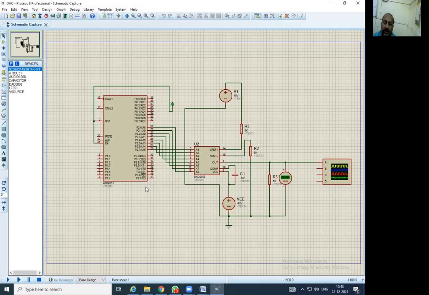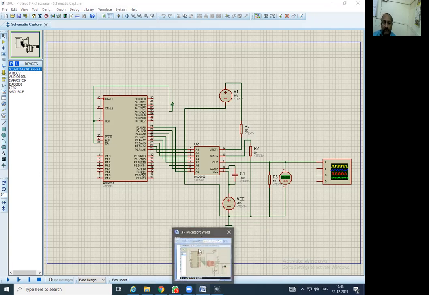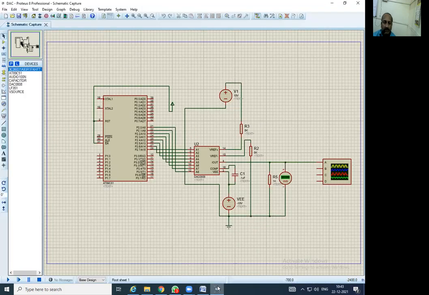Yes, it is here. So this is the simplest way of making the implementation of DAC. The connection is as we have seen in this Word file, so the same is going to work here also. This is the DAC, this is the 8051, and at the output it is giving the current. So we have used one small resistor, and across that a voltmeter we have connected. That is also okay. No need of the op-amp and all that.